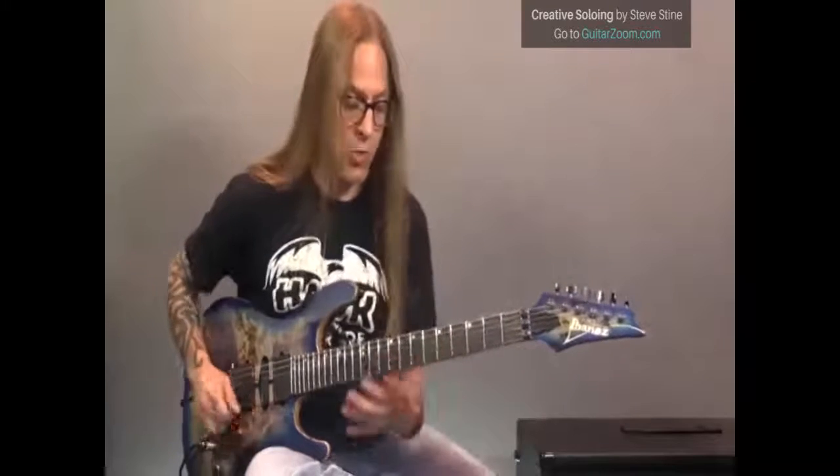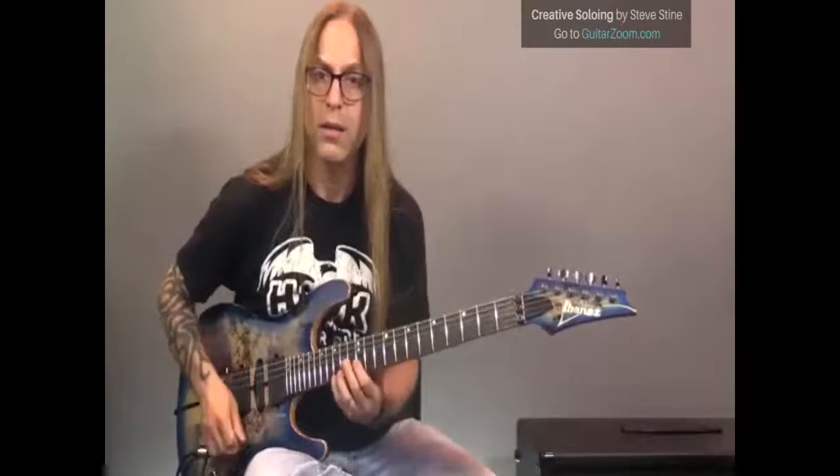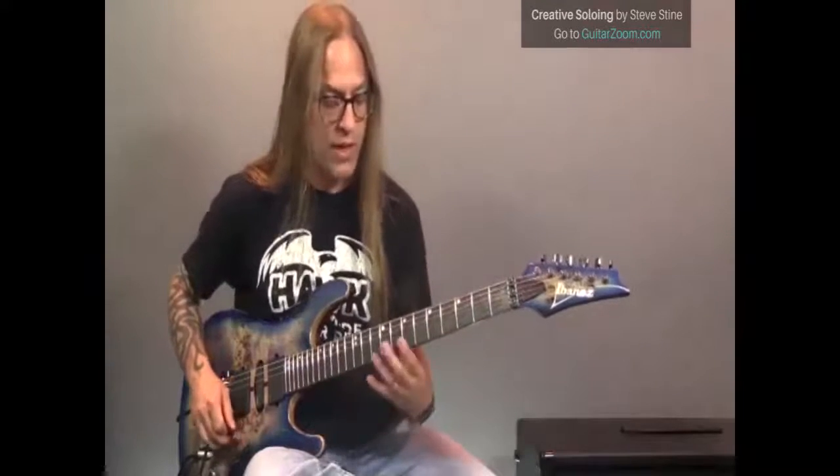You know, and sometimes you just want a fast little pattern that goes up the fretboard, and those are fine too. There's lots of different ways you can approach this. I'm just saying, if you can visualize some element of your fretboard, you can start thinking about things in terms